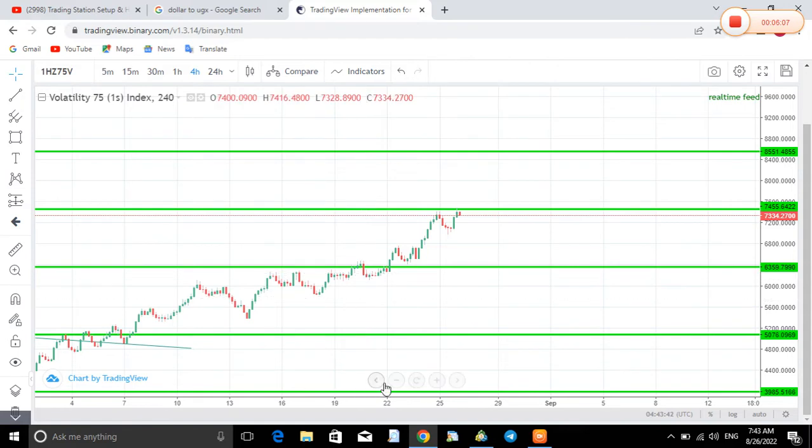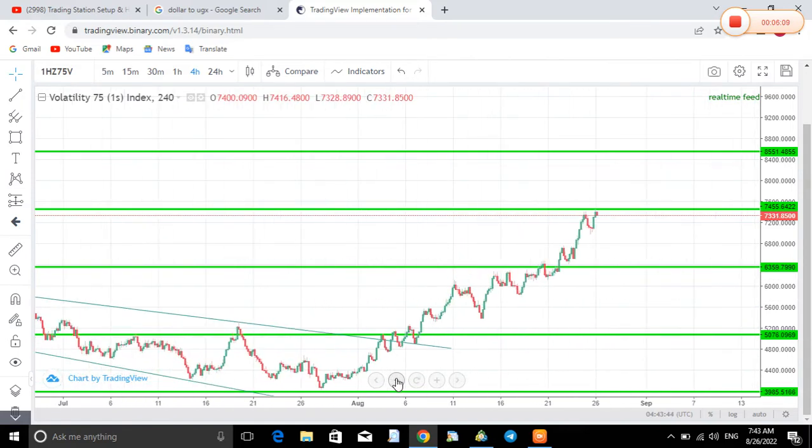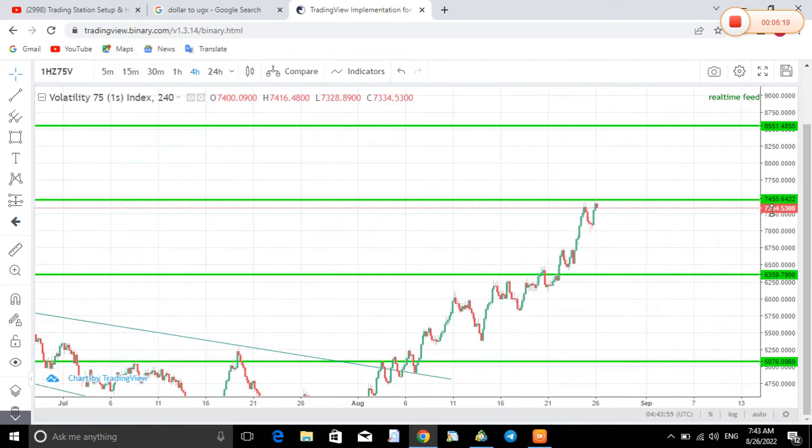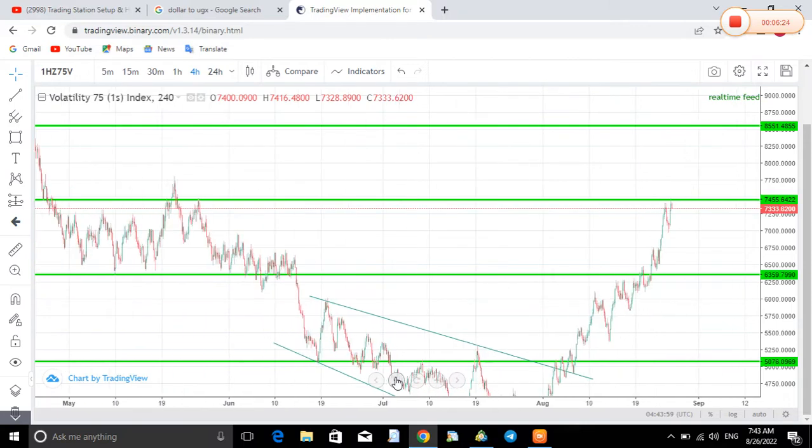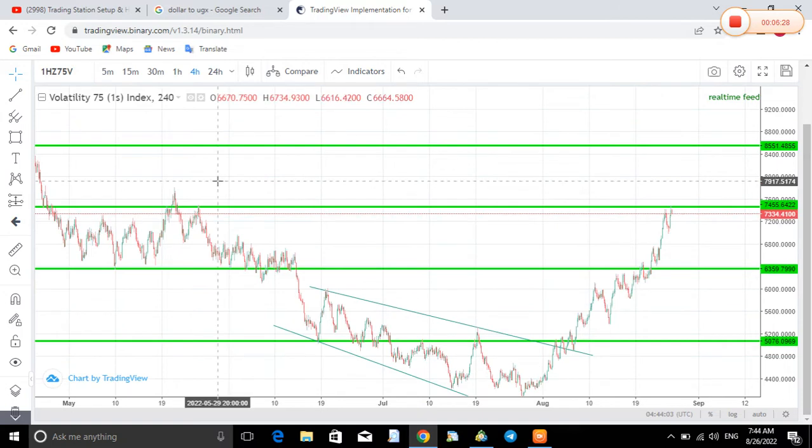Now in our 4-hour time frame, like I told you, the market was making high highs, high lows, high highs, high lows, high highs, high lows, high highs, high lows. Now the market recently has just made a higher high. Now remember, we can clearly see that whenever the market is making high highs and high lows, in order for